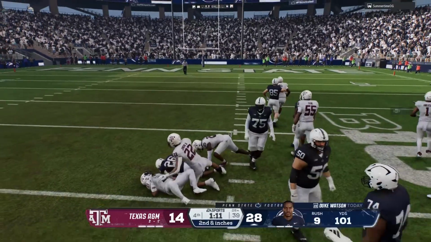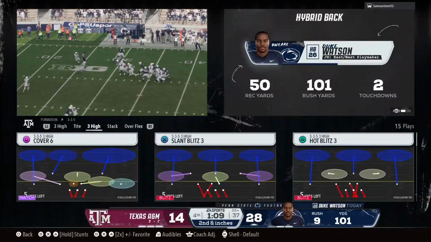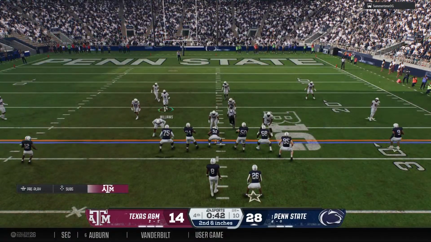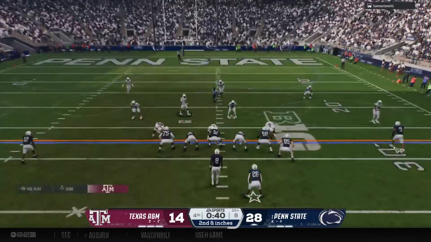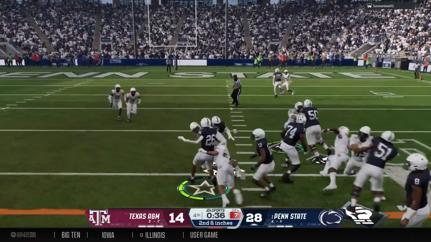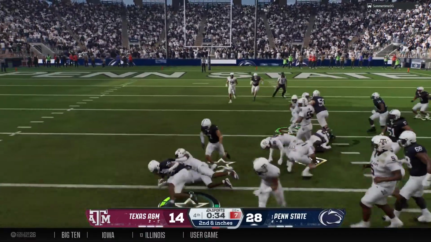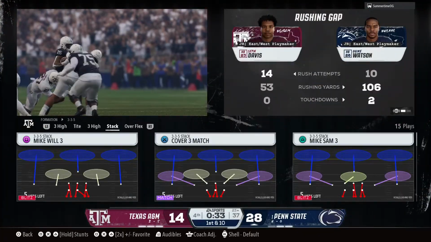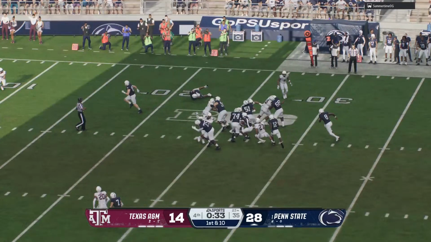No mystery on that play. With the lead, we are going to run the ball. You know it's coming, and we are running right at you, right into the teeth of the defense, and they're still able to get a nice gain. The give to the back. Breaks the tackle. They bring him down, but not before he's able to pick up the first down. Really been impressed by